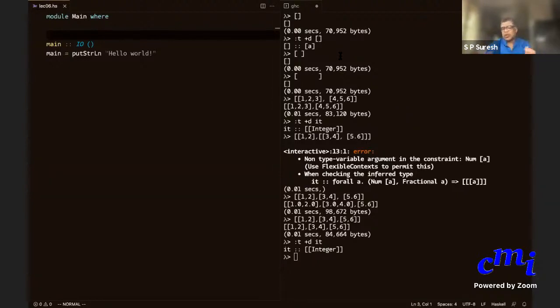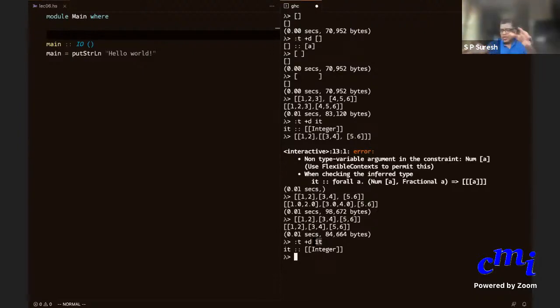So GHCi is a program. It's the Haskell interpreter, a program that sits and interprets Haskell for you. So other than sending it Haskell commands, Haskell expressions, Haskell definitions, you can also send it extra stuff like this :t, etc. And this it is a special thing in GHCi.